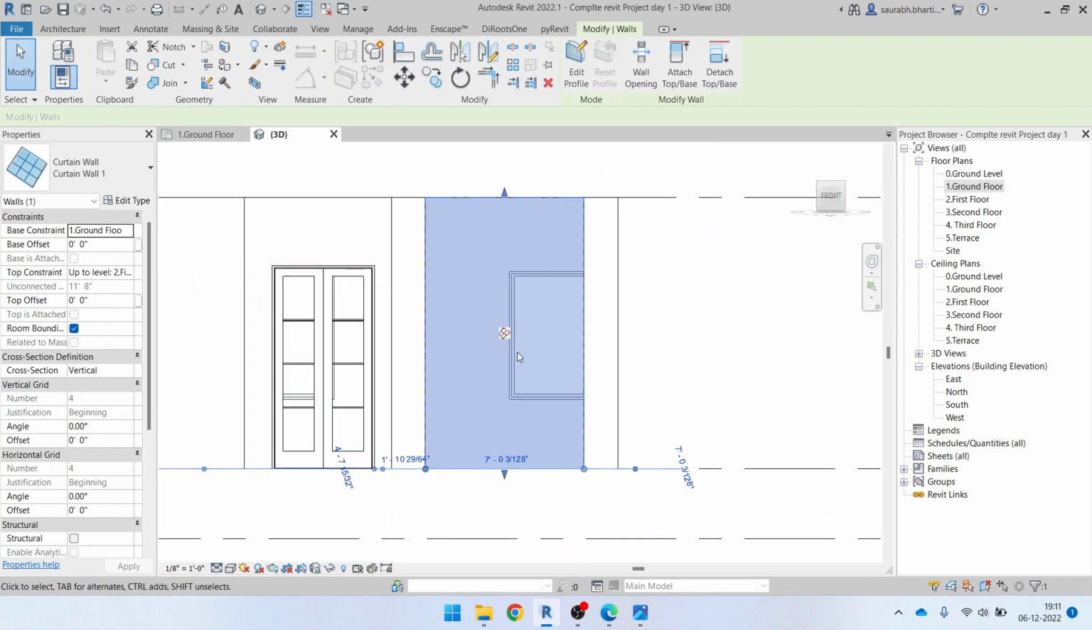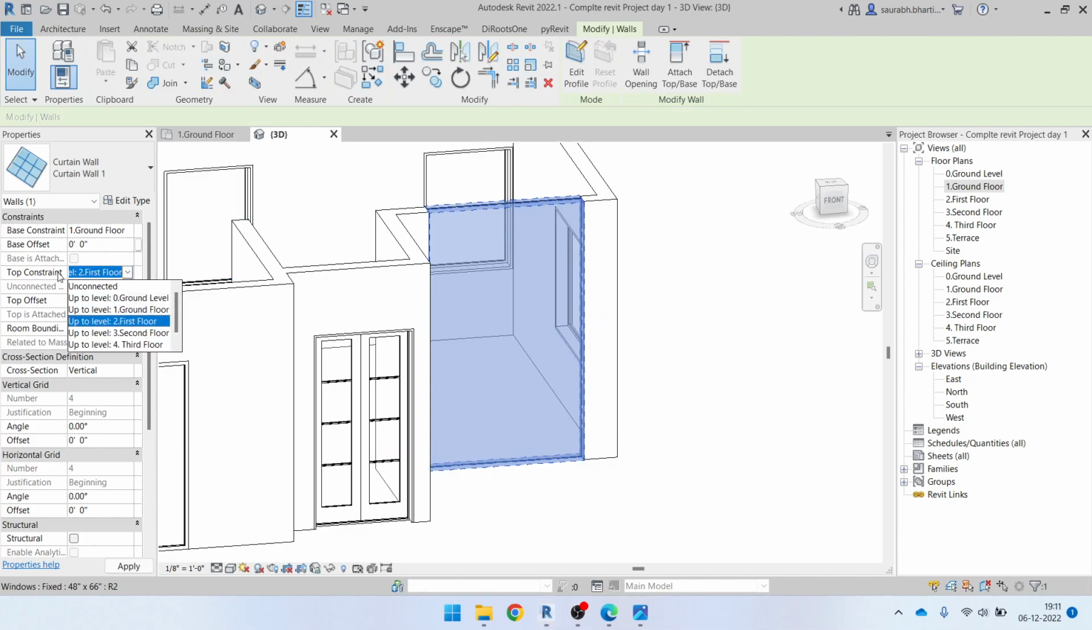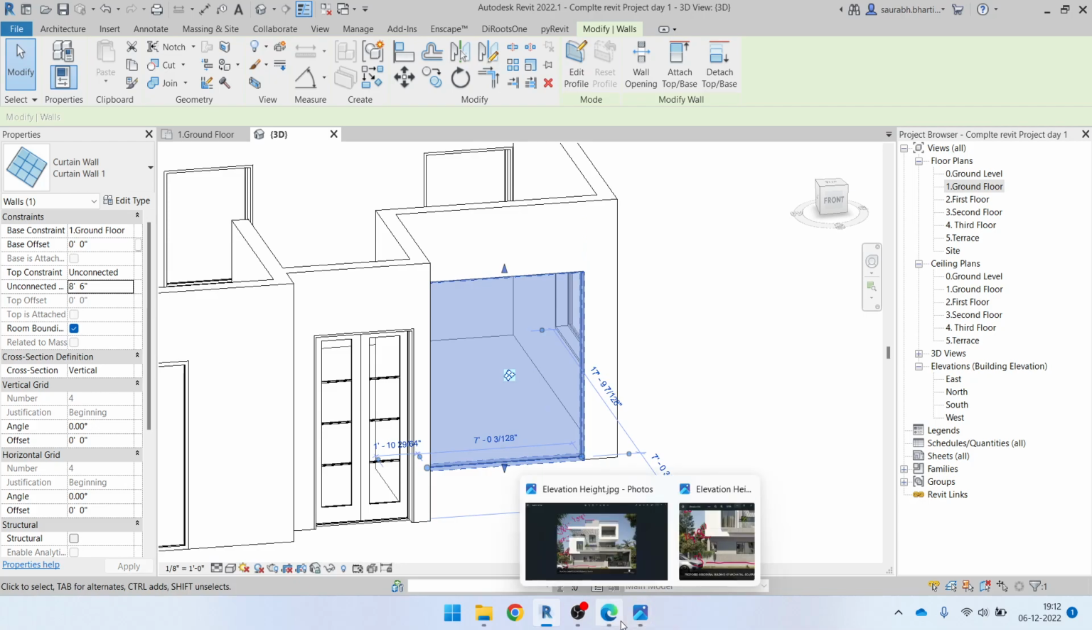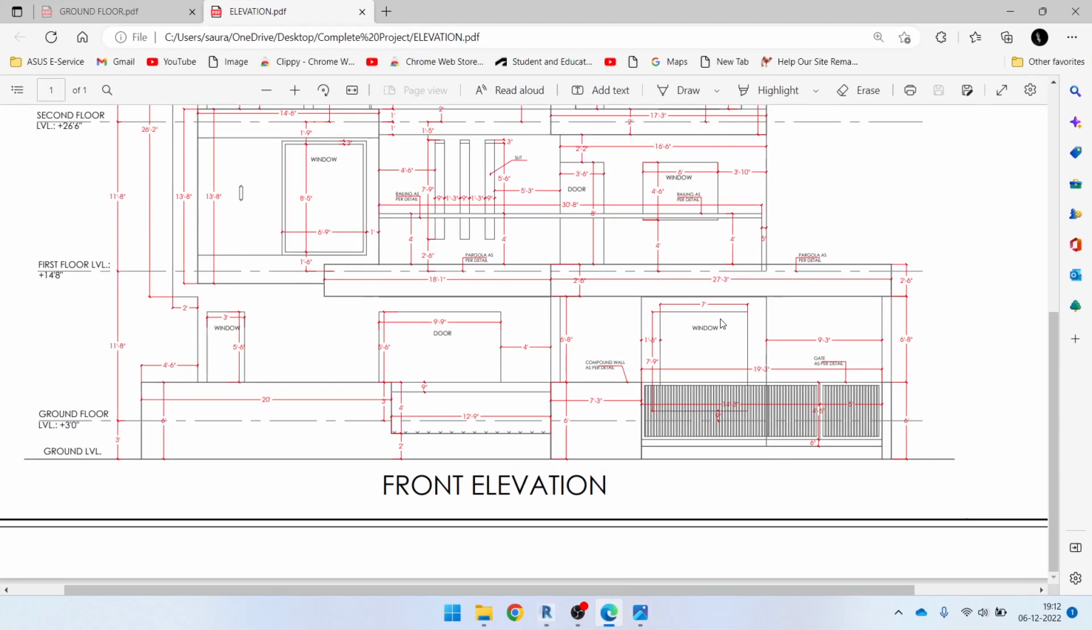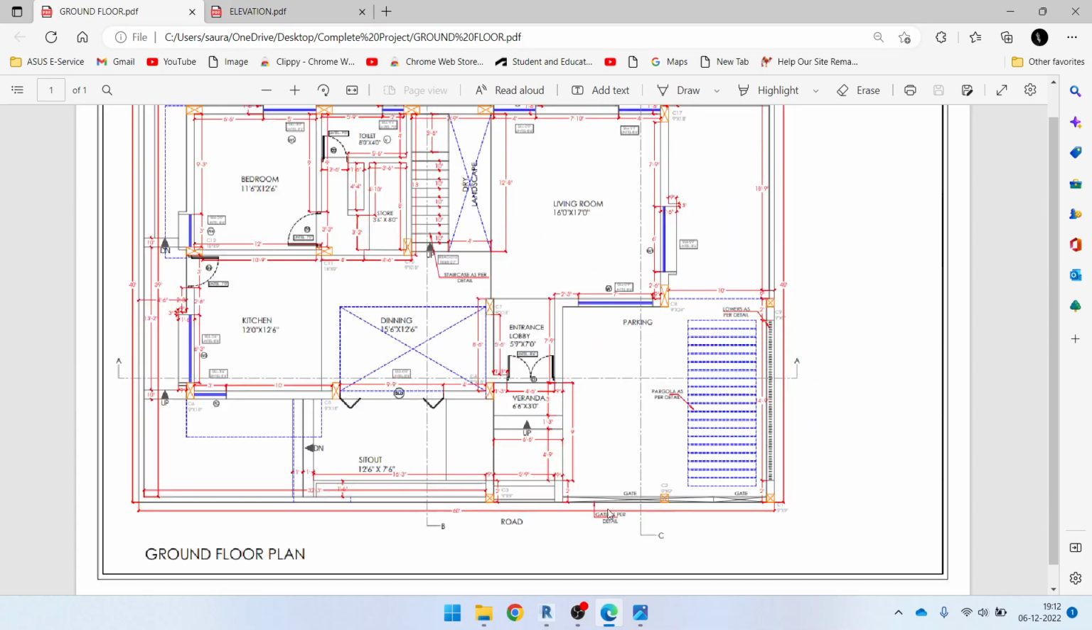What I'm going to do is select this curtain wall in 3D view. Just go to 3D view, select your curtain wall, and the top height of it was 8 feet 6 inches. So I will go to top constraint, unconnected, and if I set it as unconnected, now you can see this unconnected height is 8 feet 6 inches as per the drawing. This other one is a 7 feet window, and the height of it is 7 feet 9 inches shown in that drawing. But if I go to the ground floor here,